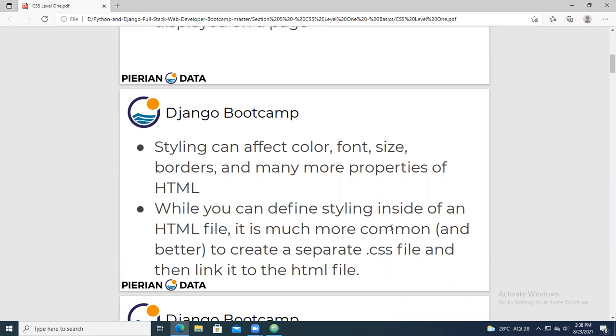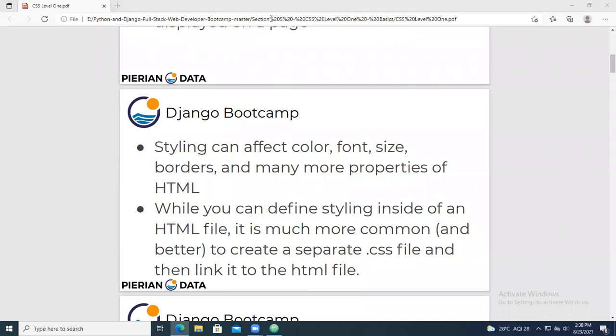That means there is a CSS file for every HTML file. The HTML file will have the content and the CSS file will have the style you want to give for that particular content.